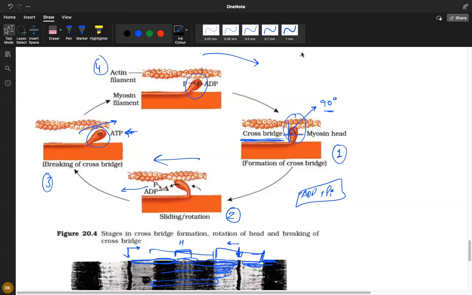Because of that unmasking, myosin will bind, cross bridge will form, sliding will happen, and muscle movement will start. Does that make sense? Yep. Janya, does it make sense to you? Very good. So write down this process